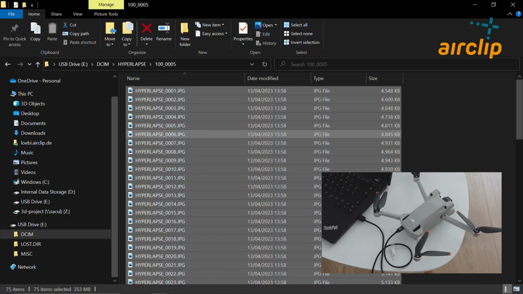So that's it. Basically, a really simple process. You're flying the drone, you're collecting the images. Please make sure that you're enabling the JPEG option. And then thank you for viewing this video.